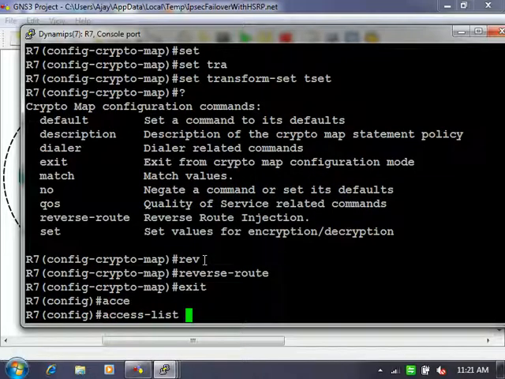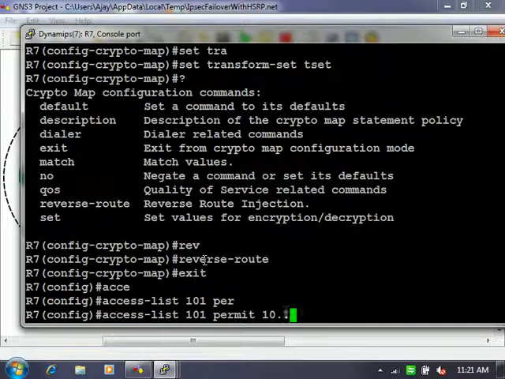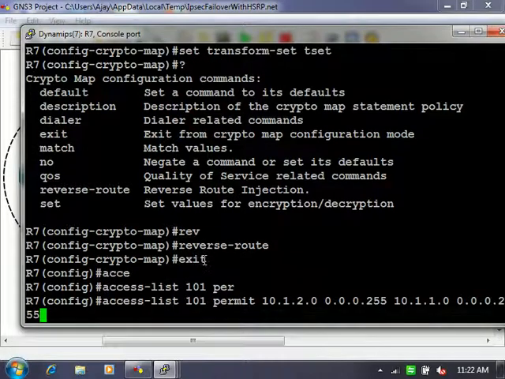access list 101 permit 10.1.2.0 25, sorry, right? Not right. IP we are missing.